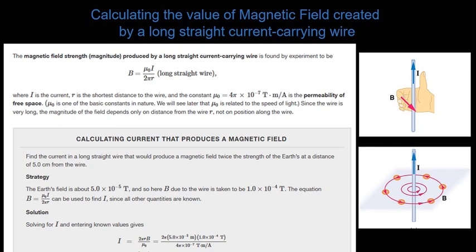As we can see in the top right picture, the current is going straight up, and using the right hand thumb rule, you're able to figure out that the field is making a circular shape such that the curling fingers point out on the left side of the wire and they point in on